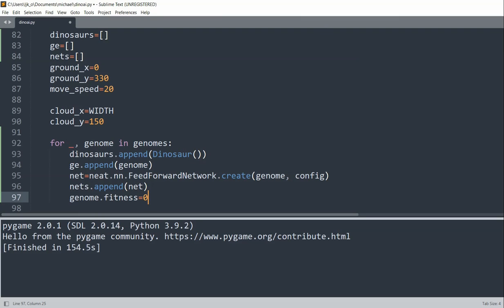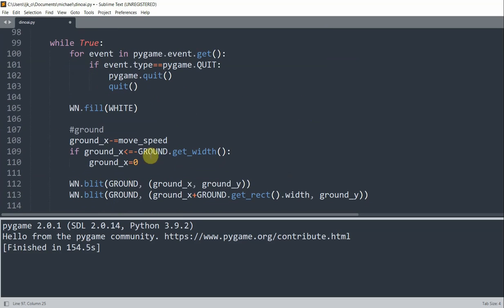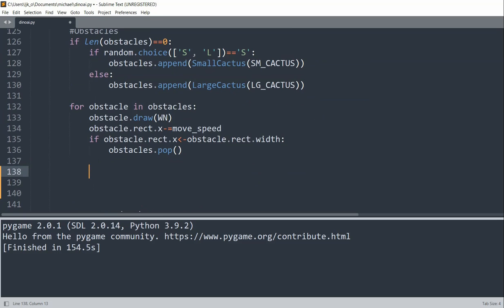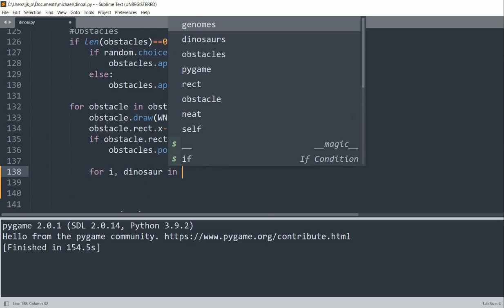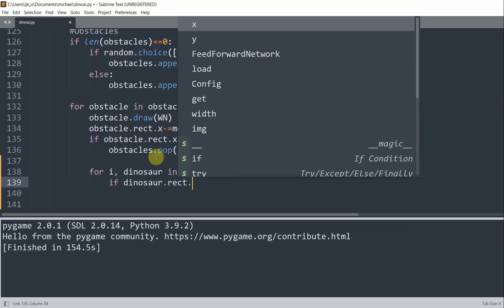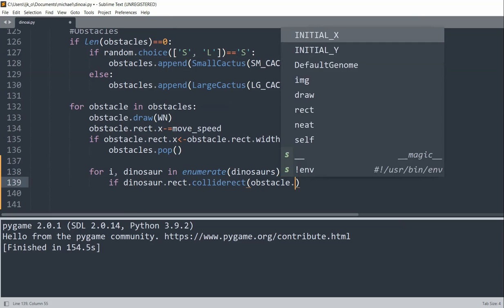So we still need collision detection because we'll use it to see how the network is doing and change the fitness score for each dinosaur based on its performance. So still in our game loop, while we're iterating through our obstacles, we want to iterate, so for i, dinosaur in enumerate(dinosaurs), we want to see if dinosaur.rect.colliderect, so if the dinosaur collides with an obstacle.rect,